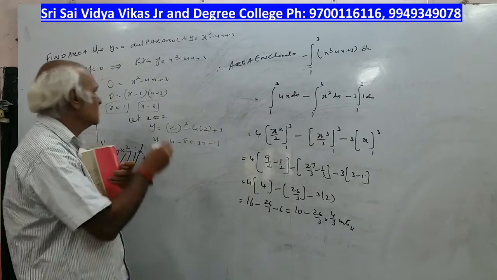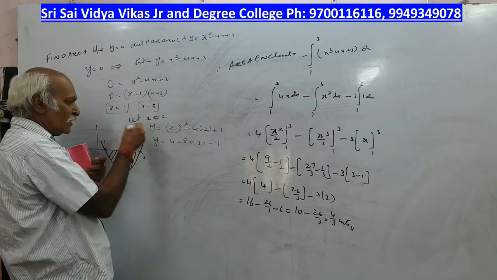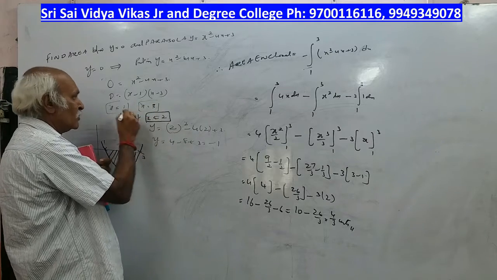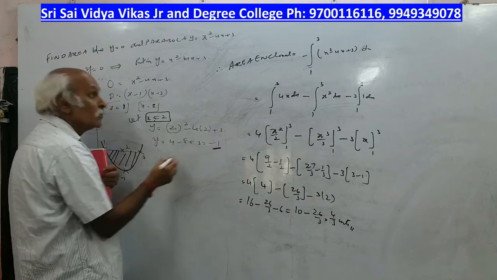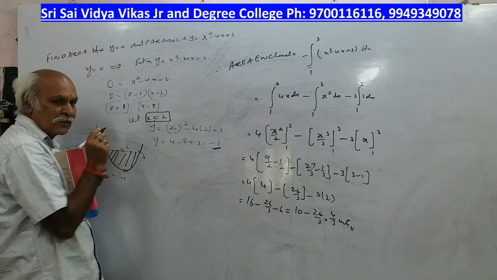So what we have to do? We have to find the points. Once you get the points, in between point we have taken. Y from between 1 to 3 I have taken 2. Then I find this value is negative. So the curve will come in a negative direction. Okay, copy this.